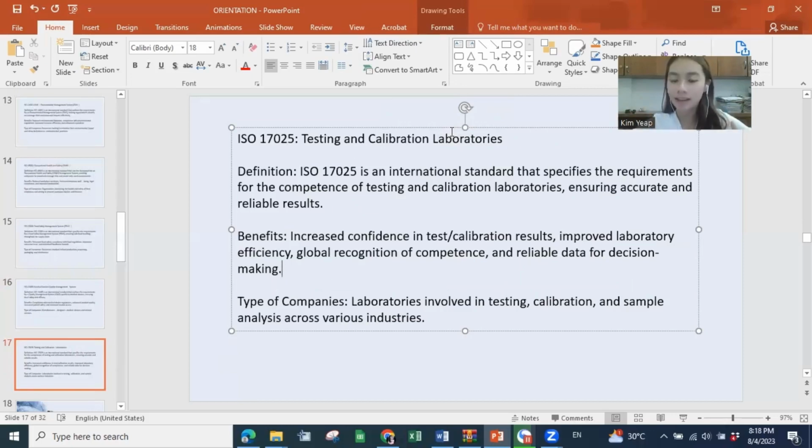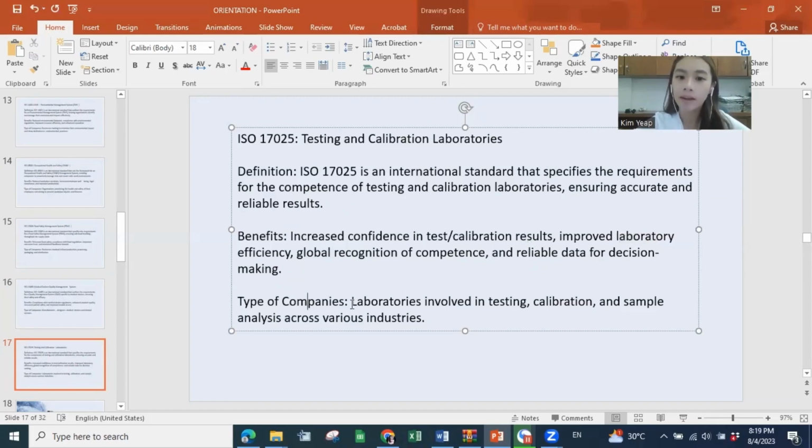They come to SQC, and then they ask our consultant to go there to help them comply to this standard. Because by complying to this standard, it will increase the confidence in terms of the calibration result. Same thing, if you compare two laboratories, one has ISO 17025, one doesn't. Who has the more accurate test result? Definitely the one who follows this standard. So it improves the laboratory efficiency, and it has more reliable data.